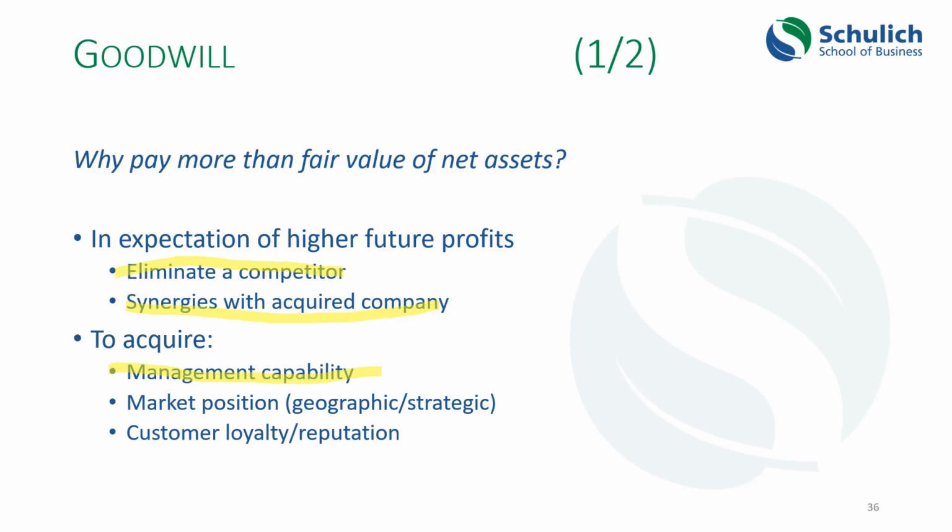So the other thing that can happen then, rather than simply getting management capability, is you might just want to acquire a market position so you can rapidly establish yourself in another region of the globe or in another market that you're not in. Say you're a dairy company and you wanted to expand into the meat section of the grocery industry. Suppose you're Saputo and you wanted to expand, you could buy Maple Leaf Foods, which does a lot of meats.